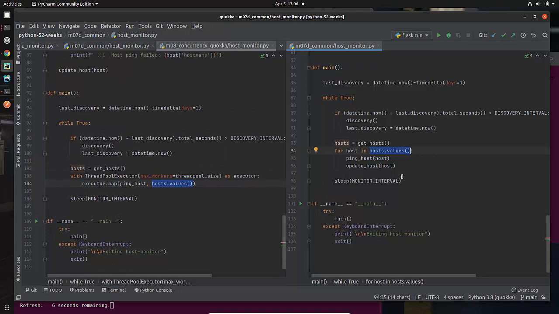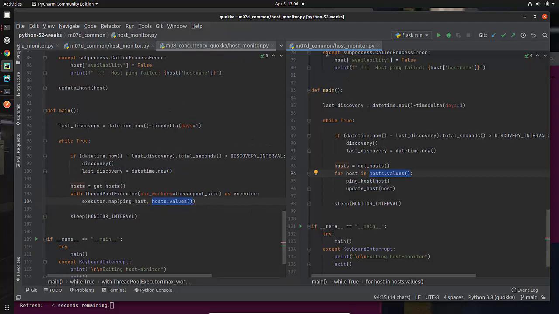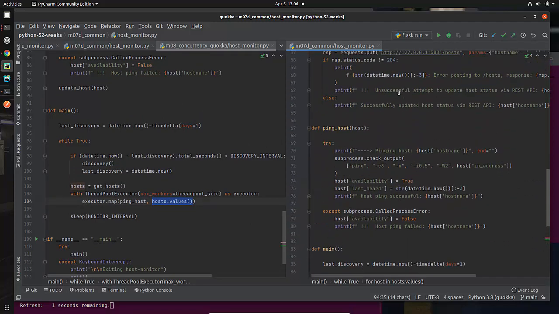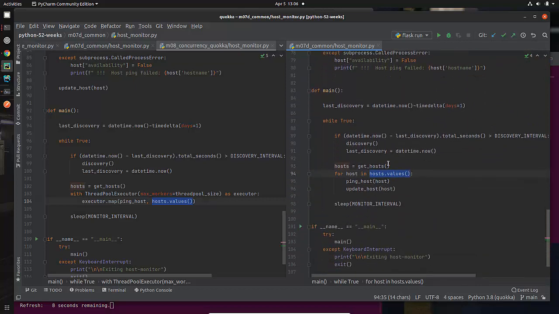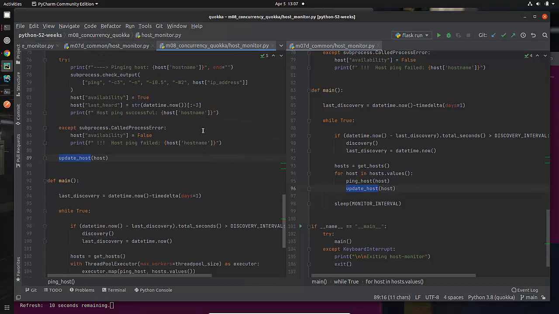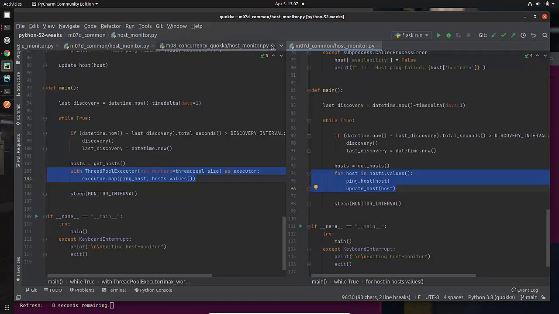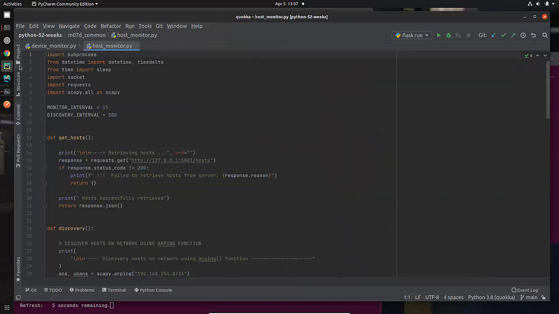Oh, and once again, if I give you a sneak peek at what the code looked like before, I had this code right there. You can kind of see before, at the end of my ping host, I did nothing, so I needed to do my update host in my loop. In this situation, I changed it to make sure that I just updated my host directly in ping host so that I didn't have anything to do. So we're comparing this code here to this code right here. And this is all I had to do. And that was my hosts. Let's go